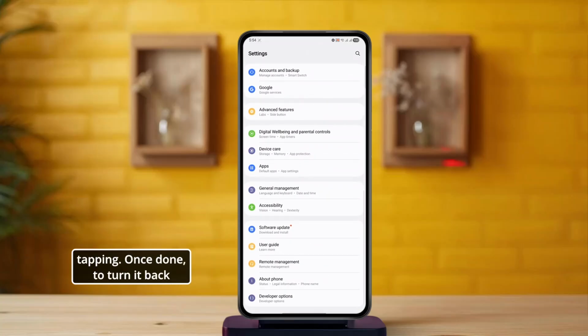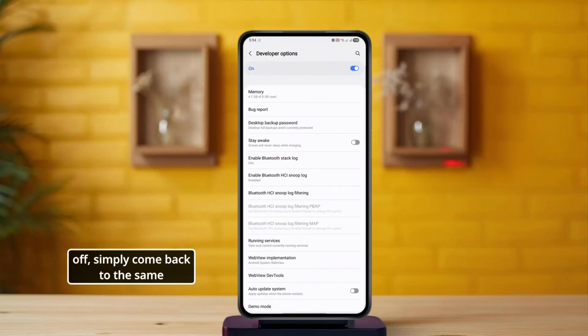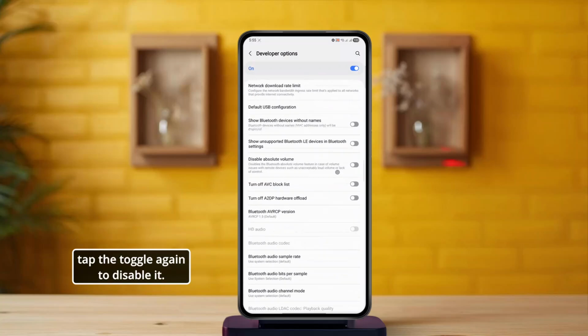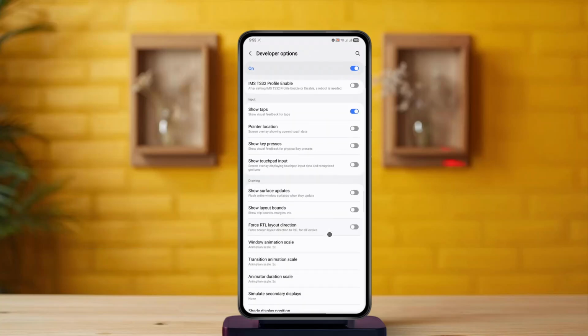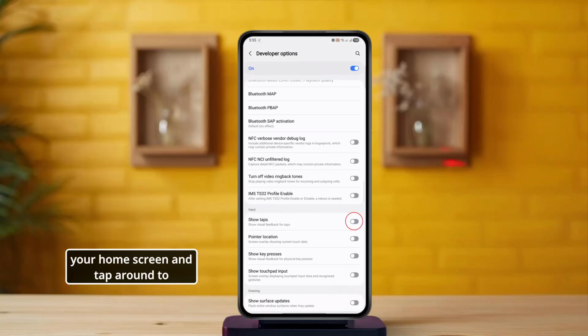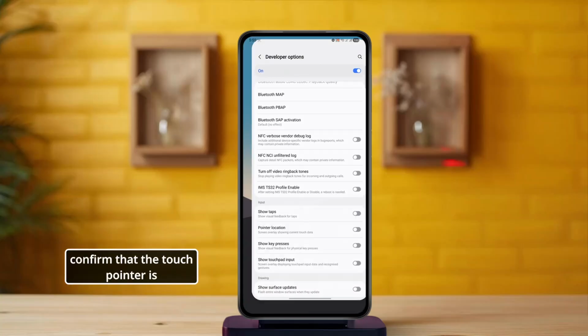Once done, to turn it back off, simply come back to the same setting in Developer Options and tap the toggle again to disable it. From here, head back to your home screen and tap around to confirm that the touch pointer is no longer